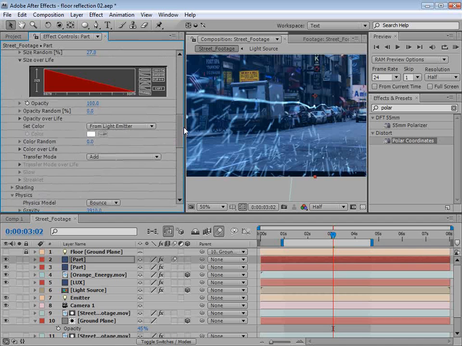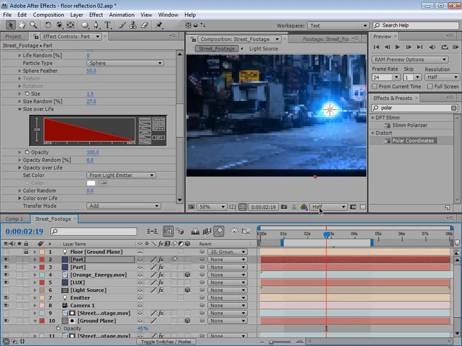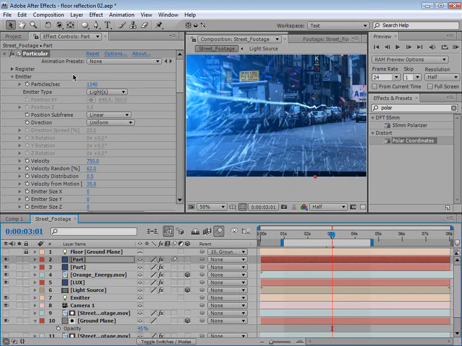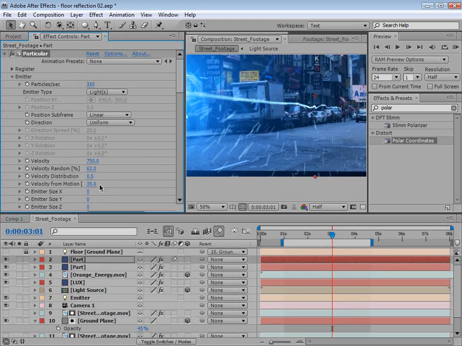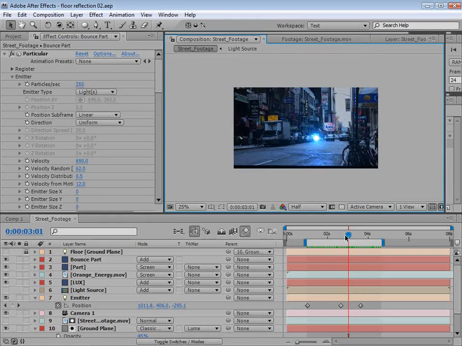And maybe even turn the size of the particles down to 1.5 so they're not too large. And also we probably don't need as many particles for this particular simulation, so we'll turn this down to just a couple hundred. Maybe turn the velocity from motion down. Alright, it's looking pretty good, but we still have this problem of the black edge that kind of pops up